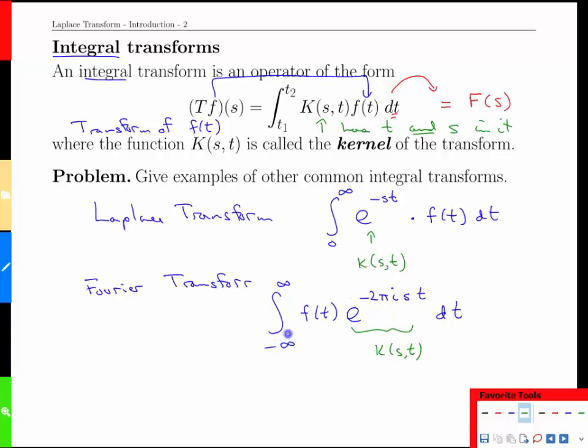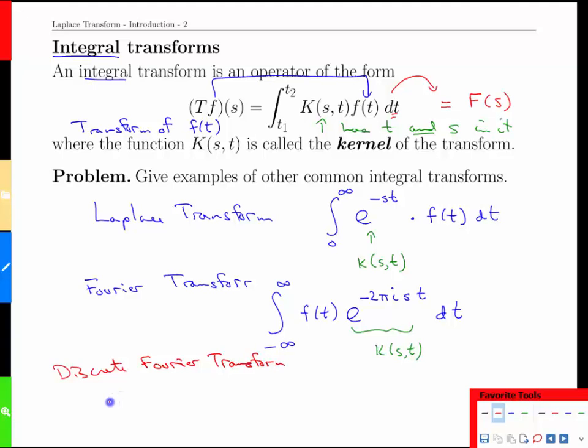Notice the limits of integration are different. In the Fourier transform, the limits are from negative infinity to infinity. In Laplace, it's 0 to infinity. But otherwise, these are very, very similar. And in fact, if we look at the difference, there's basically a coefficient difference in the exponent. And that plays a role when we start to interpret some of the meanings of the transformed functions. Some other transforms that are important as well in the discrete time are discrete Fourier transforms